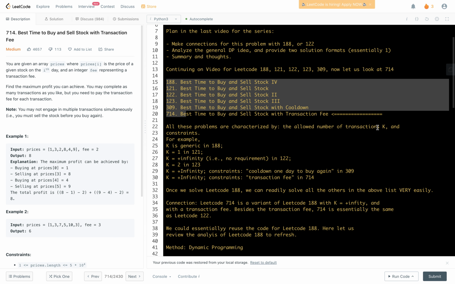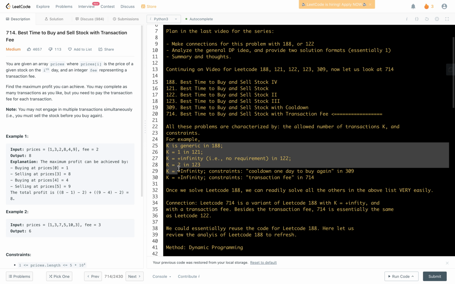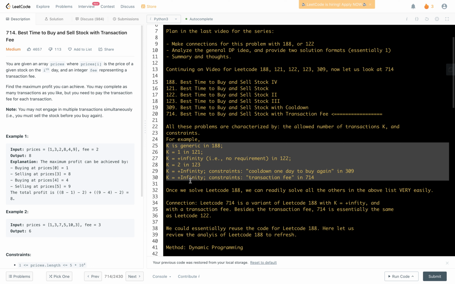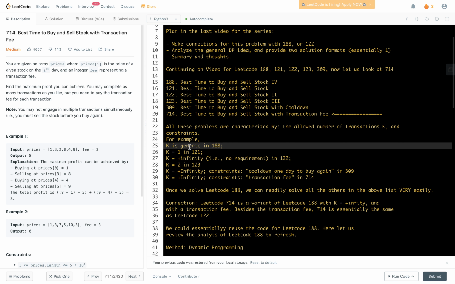As we mentioned, this series of problems is characterized by two things. First is the allowed number of transactions, let's call it capital K, and the other is additional constraints. For example, here is some information for this series of problems. In 188, K is a generic K, and in problem